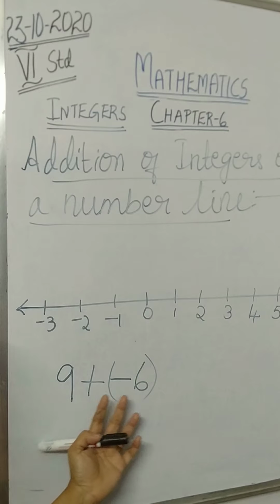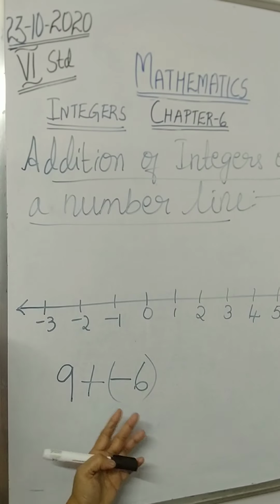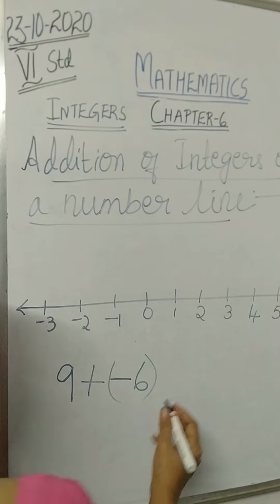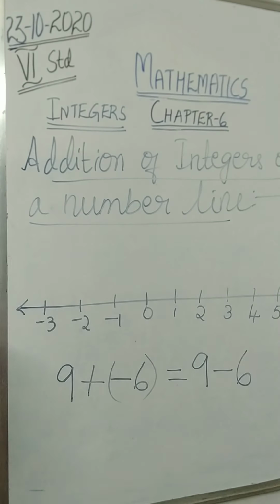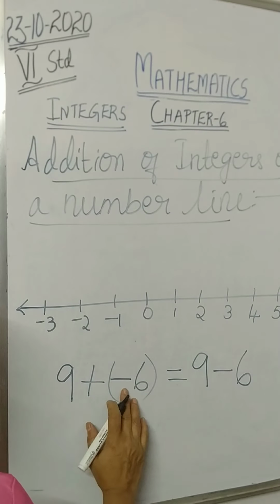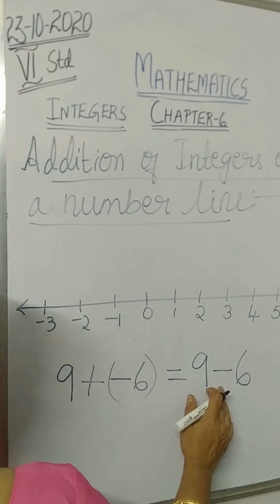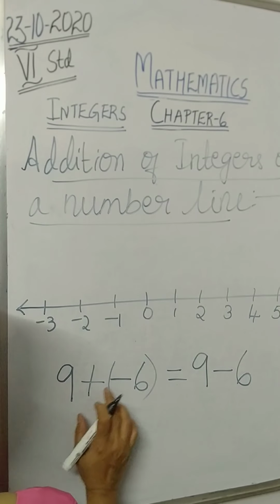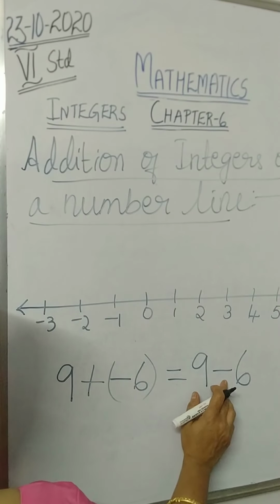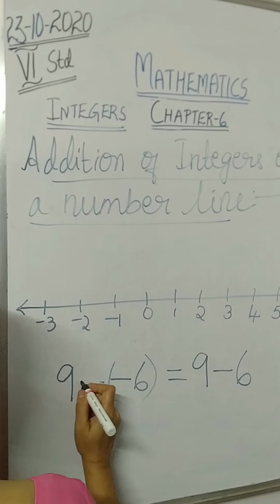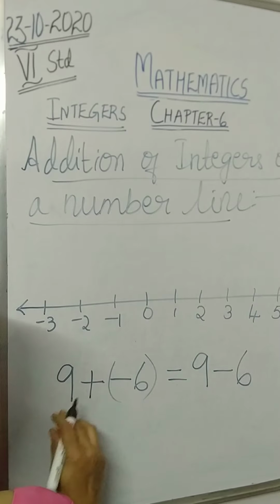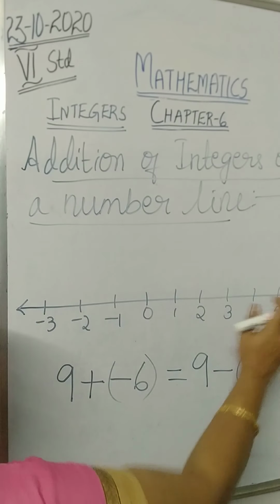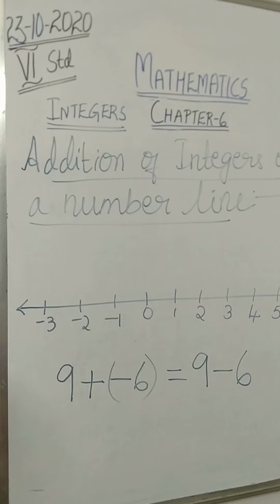Whenever you get plus and minus together, you will have to write it as only minus. That is, see here, 9 minus 6. Yes, when you have both the signs together, you will write minus. If it is different sign, that is plus and minus are different, so you will write minus. Suppose you have both are minus, here also minus, here also minus, then it will become a plus. Here now, let us see first this. Here in the number line, you don't have 9 now. Let me extend the number line.